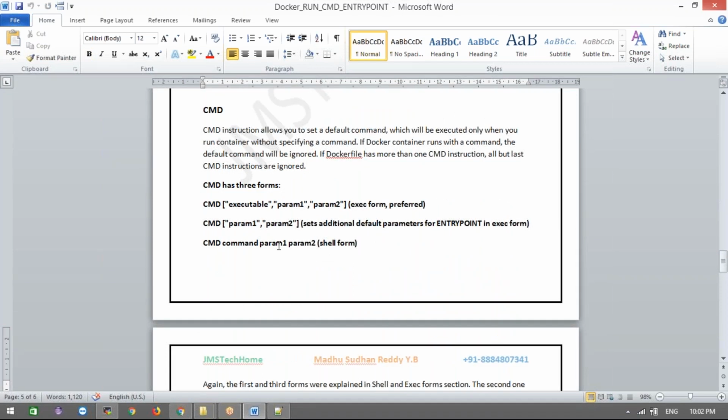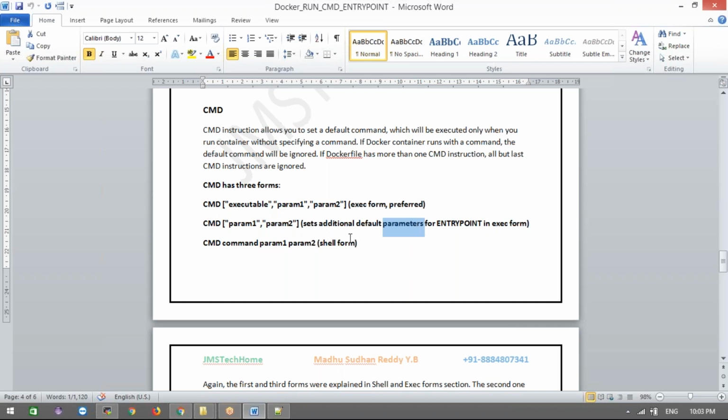CMD again has different forms. It has three forms: one is the shell form, the exec form, and a combination of CMD and ENTRYPOINT. I will show you that.